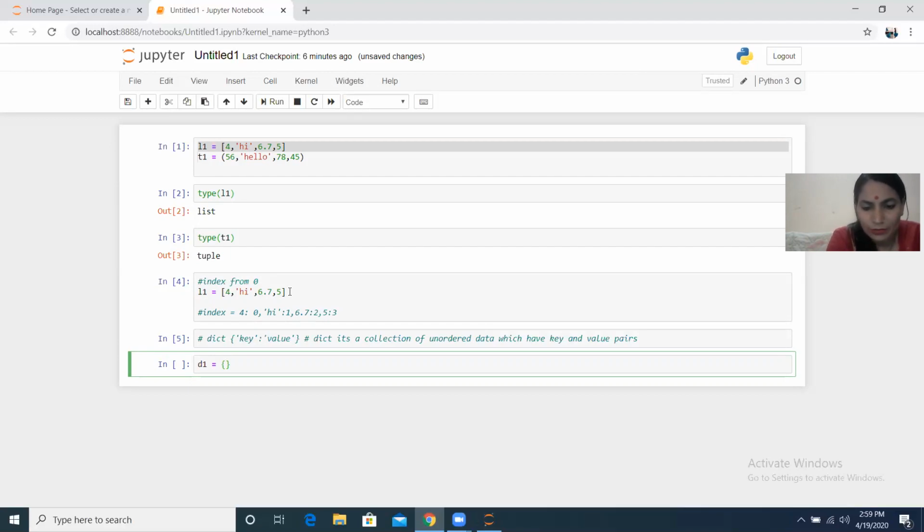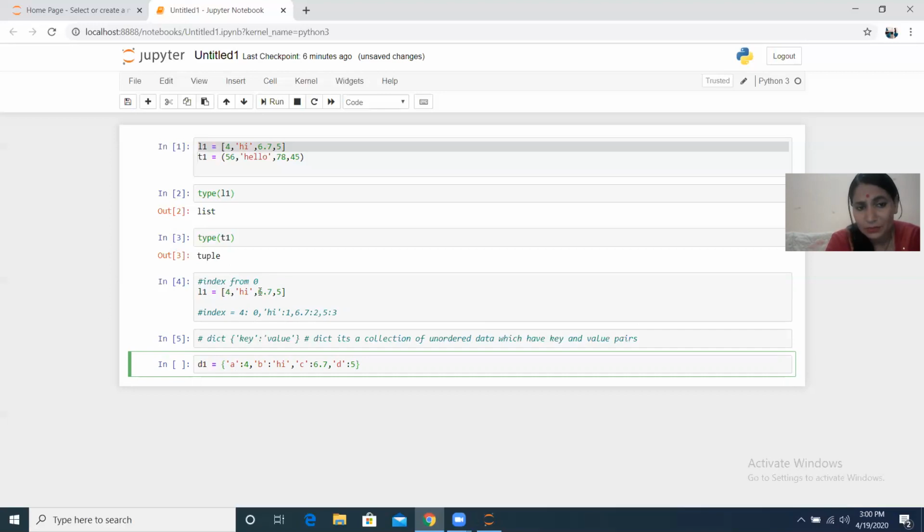Let's say I give it the name A. A is what you named 4. The second is high, which you named, let's say, B. The third is 6.7, and you have given C to this. The next is 5, and you have given the name D to 5.